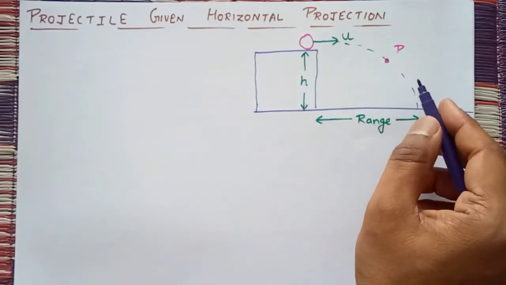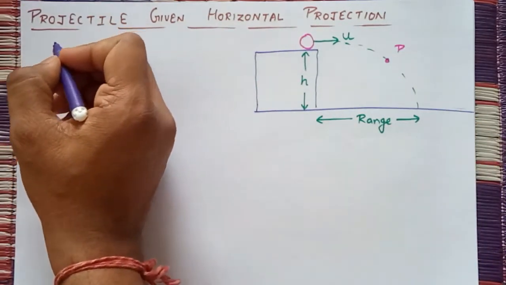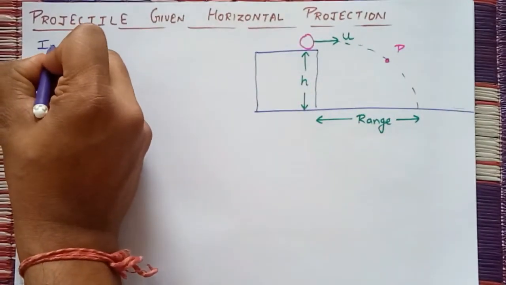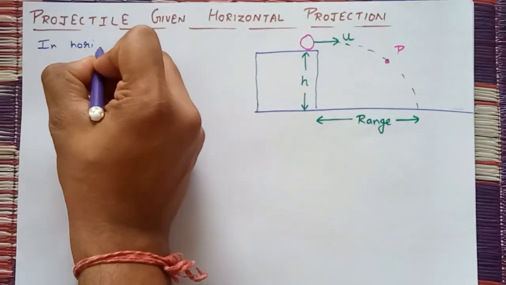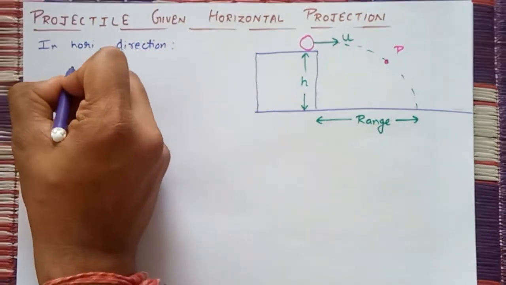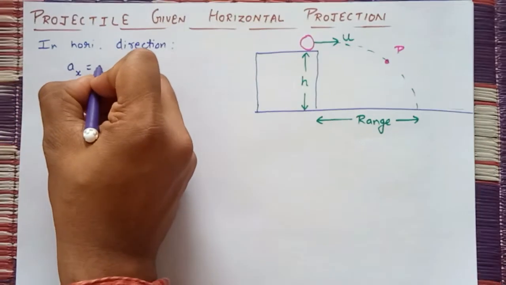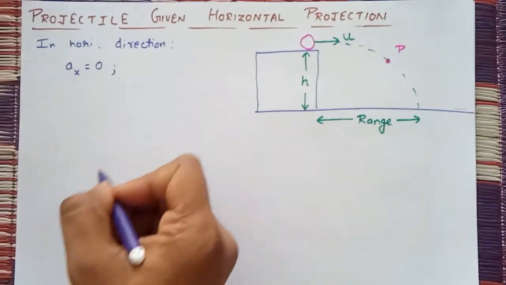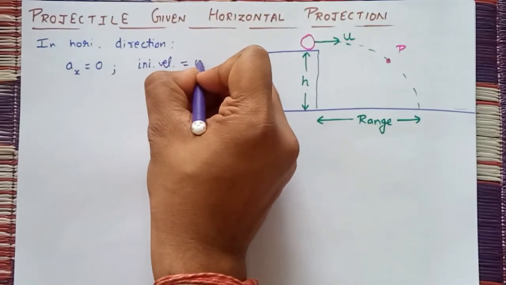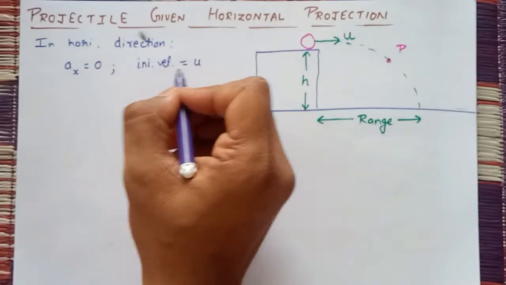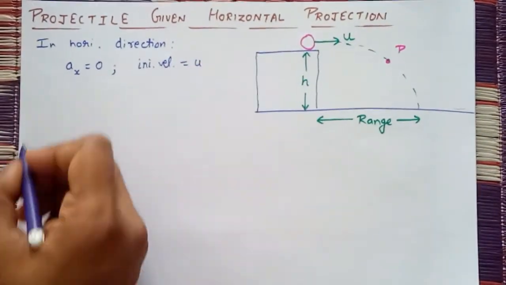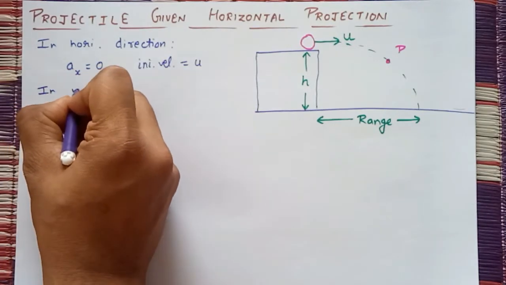Okay, so we have considered earlier that when the projectile is thrown, then in horizontal direction, what is the force? There is no force, so I can say there is no acceleration in the x-axis. Okay, and what is the initial velocity? Initial velocity will be u, and since acceleration is 0, so at every point its velocity will be u only. And in vertical direction,